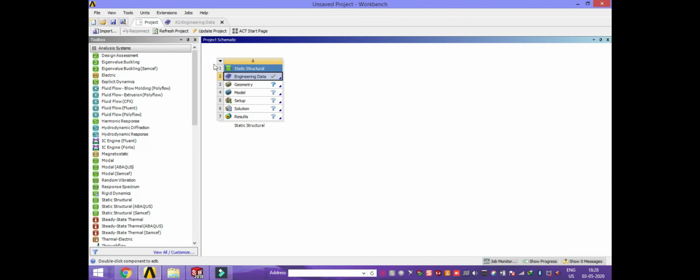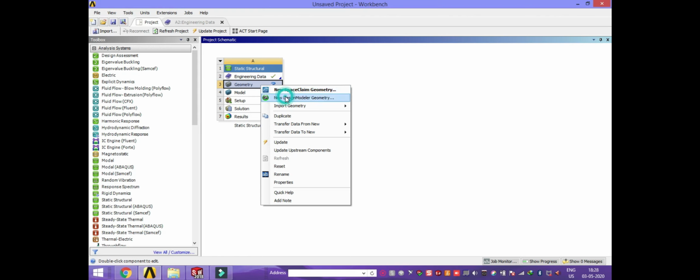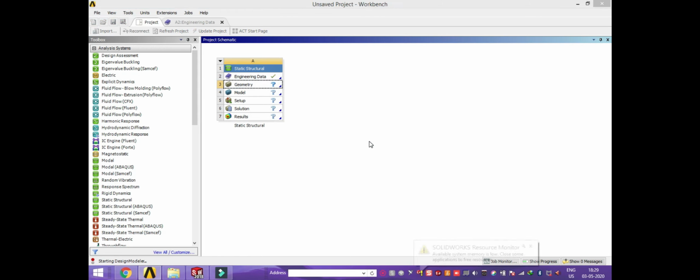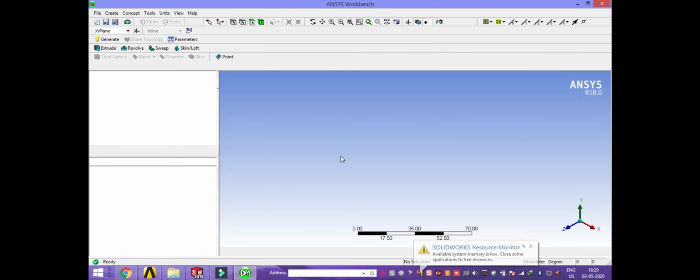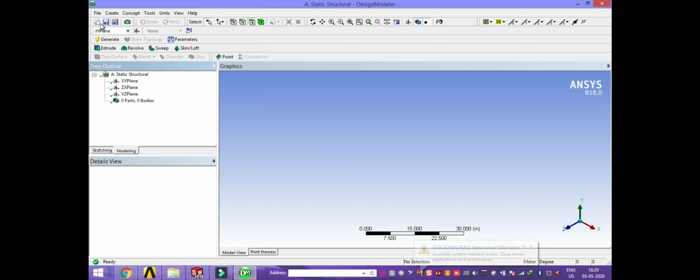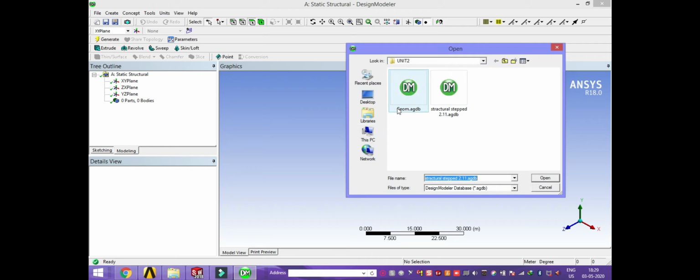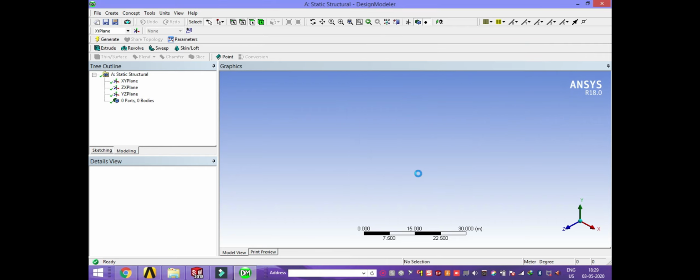Next go to the project and click geometry. This geometry was already created. Now we are going to upload it. Click new geometry, then File, load design.